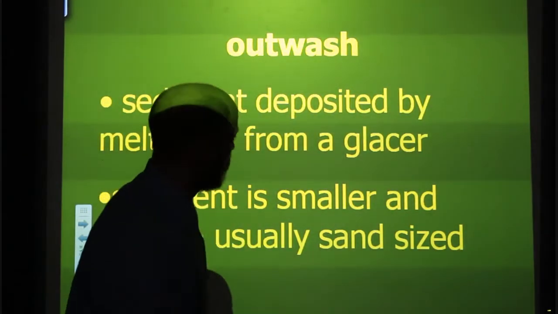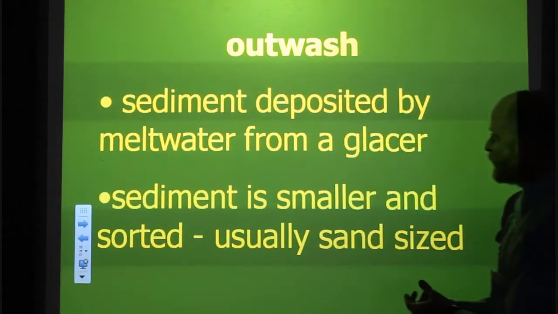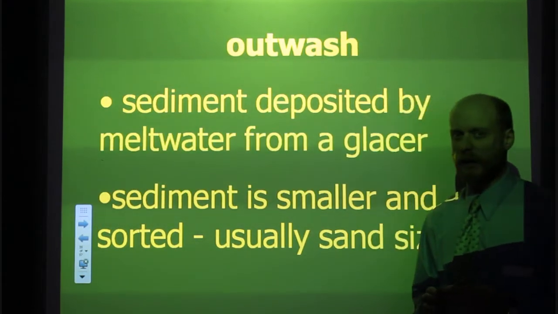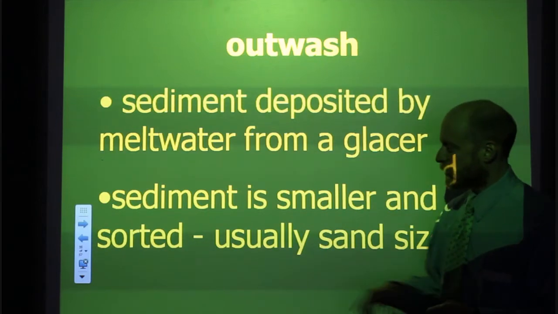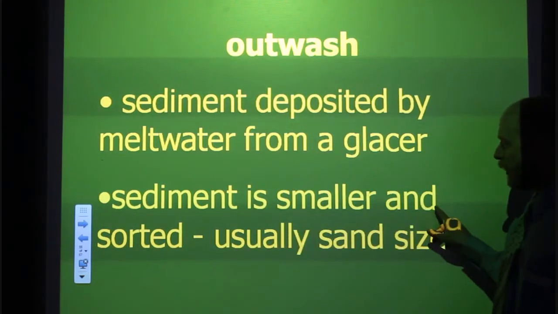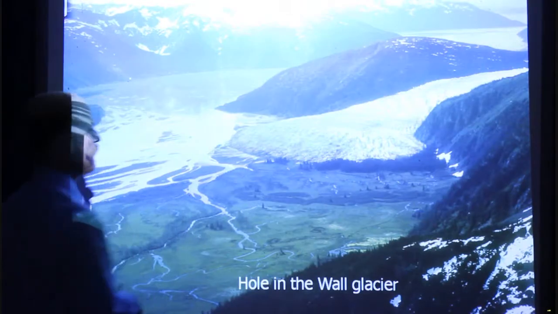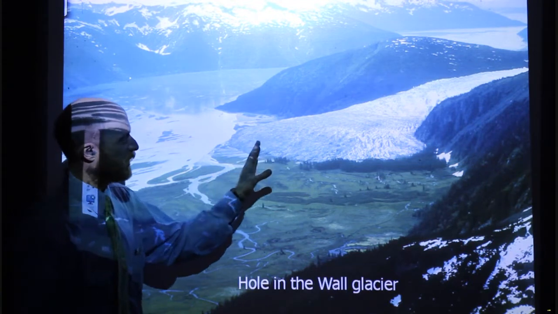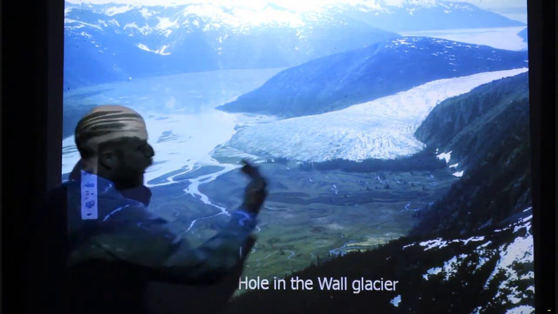Okay? Here we go. Glacial outwash is sediment deposited by the meltwater from a glacier. So now this is where it gets a little more complicated, because unlike glacial till, this sediment is smaller and sorted, usually sand-sized. So, if you look at this picture here, the hole-in-the-wall glacier, which is in Alaska, this glacier is kind of melting back, and a lot of water is coming off, and this water is then